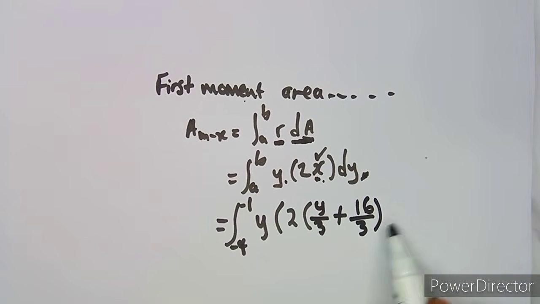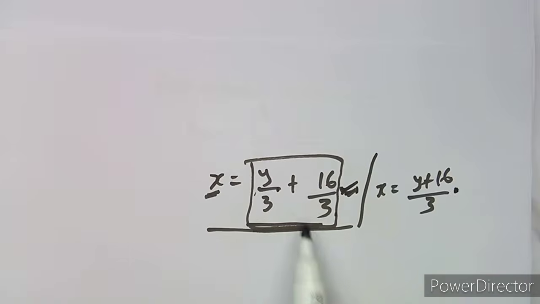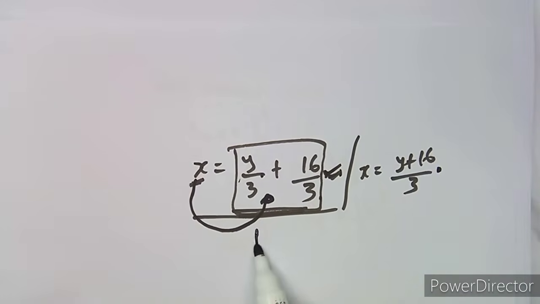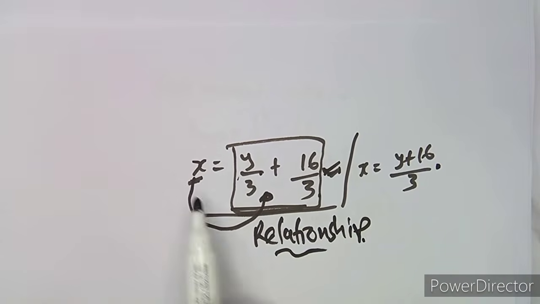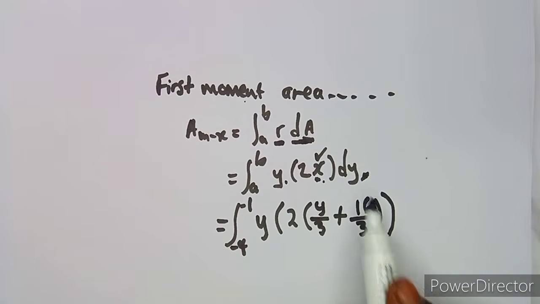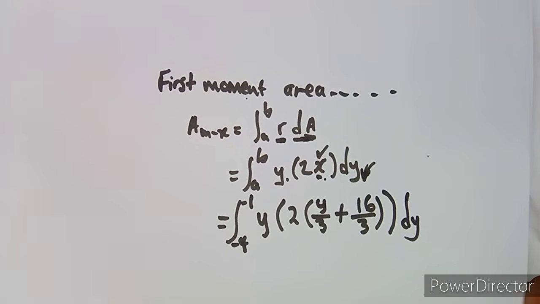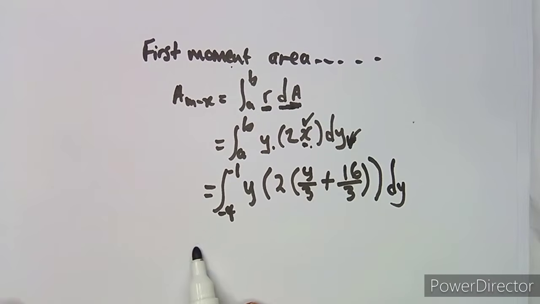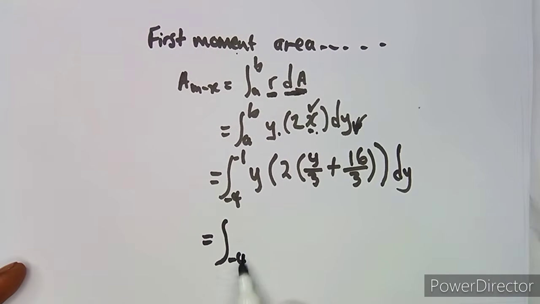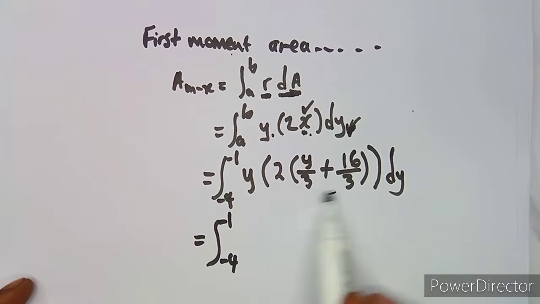So I have substituted in place of what? In place of x, this is my x. From that relationship, remember this was your relationship, this one. So you are taking from the relationship between x and y, then you substitute now. And we are integrating with respect to y there. As you can see, everything is under y, so you can actually find the integral. But what can I do here, guys? There are so many things that I can do before I finally do my integration here. There are so many things which need to be done there. What are the things that we can do, or which part can I actually do?